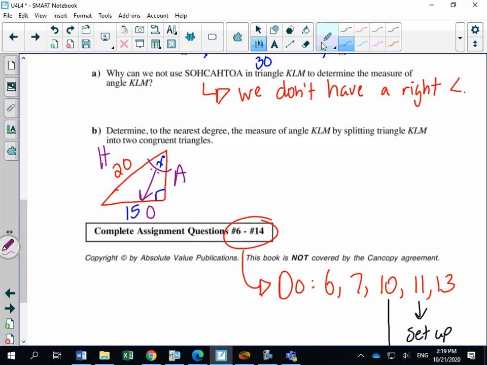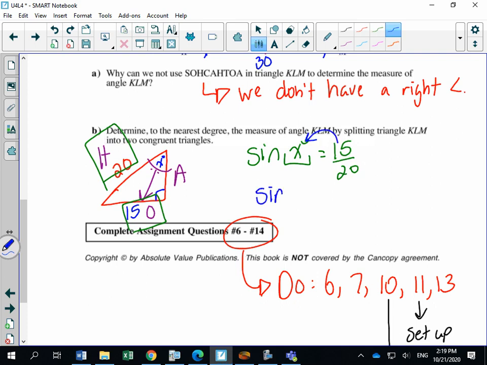Okay, from here, what do you want me to box in? O and H. Which trig ratio? Sine of my given angle, which is called angle X. Sine is O over H. 15 over 20. We're finding an angle, so this is an inverse function. The inverse sine of 15 over 20 is equal to